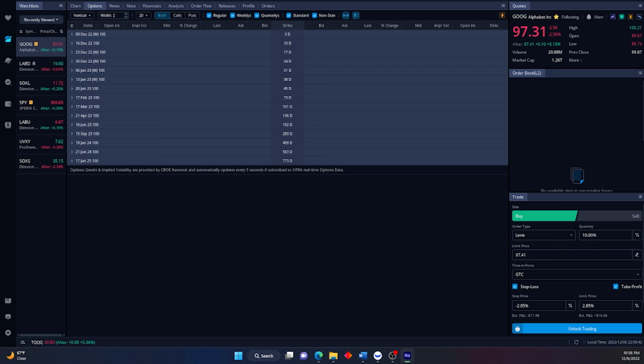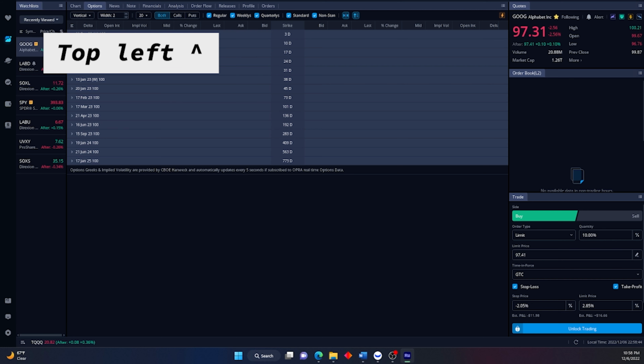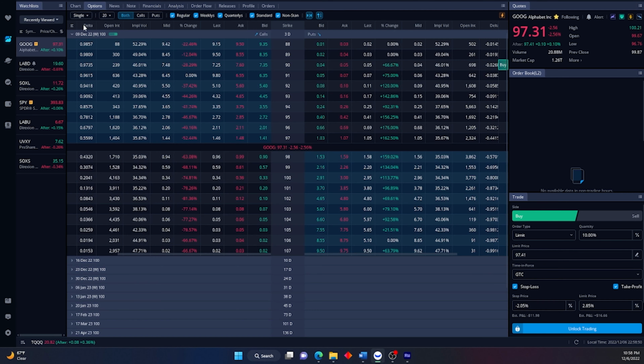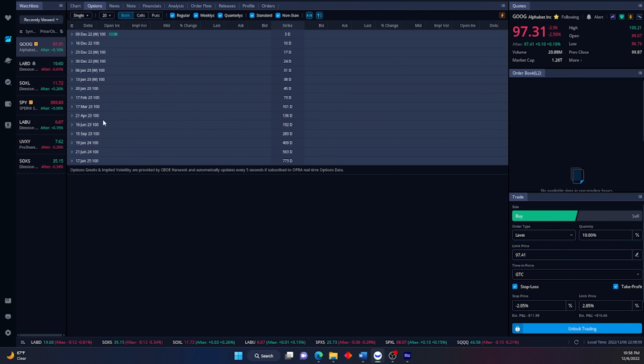So once we open these up, at the top of the screen, you guys can see that you can sort it by single. You can do straddles, verticals, butterfly condors, iron condors, and then you can sort it out if you only want to see 6 strikes. You can see a maximum. Actually, you can set a custom of how many you want to see. I usually keep it around 20, and I usually have both the calls and the puts up,